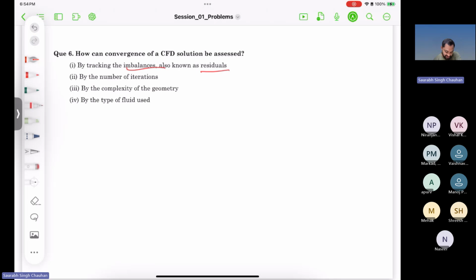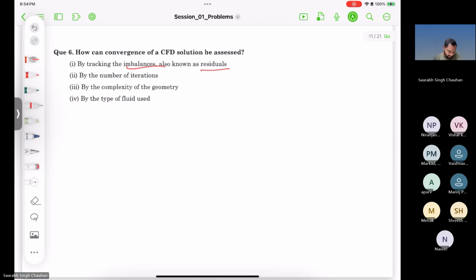Third option says the complexity of geometry, or fourth option says by the type of fluid used. So these third option and fourth option do not make any sense, right? The type of fluid should not affect the convergence, right? The complexity of geometry can take more iterations. Okay, it can converge slowly, but the complexity does not tell